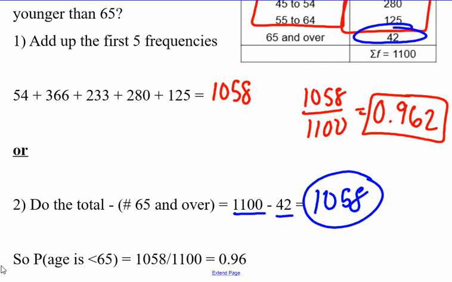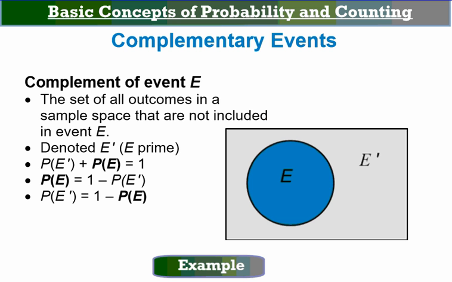So when it's smaller to calculate the opposite and then subtract it from the total, we can use this idea of the complement. So the complement is simply this. It's the set of all outcomes in a sample space that are not